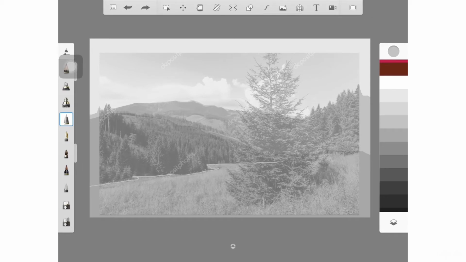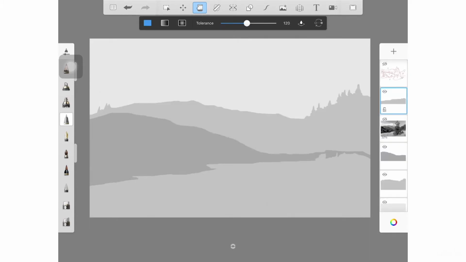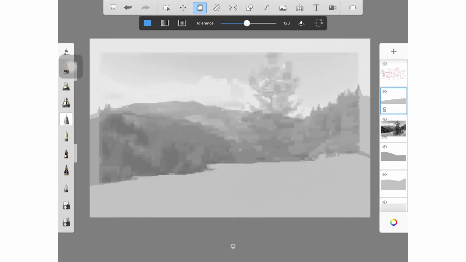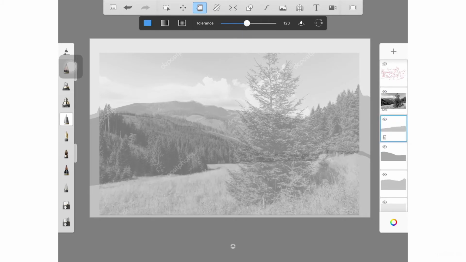Again, I can go through my tree. That doesn't matter. Let me make a little kind of shapes here. Fill. Let's see what that looks like. All right, so that's what I've got so far. And again, I'm going to move that below my reference. Okay. And now I'm going to do these other parts too, but again, I'm getting,